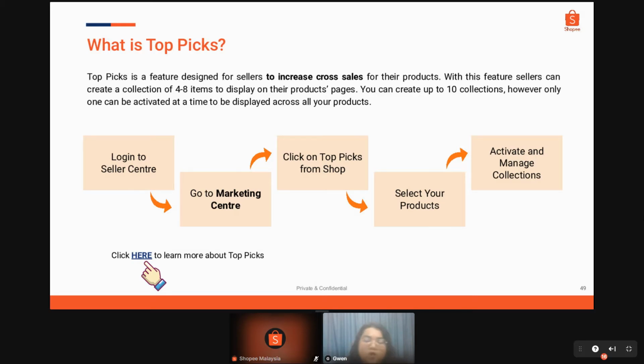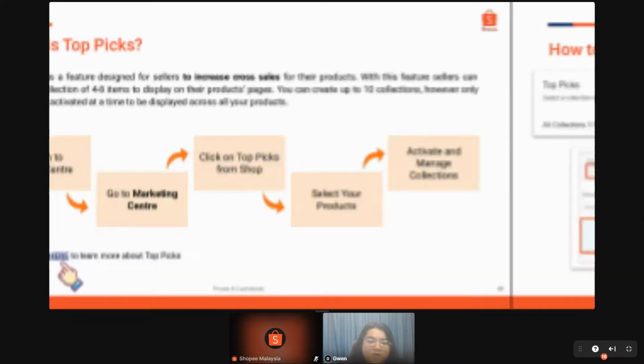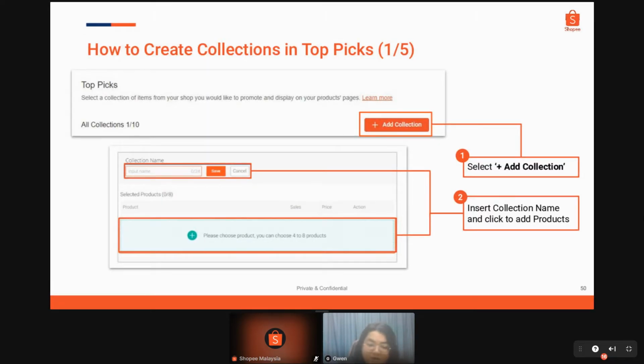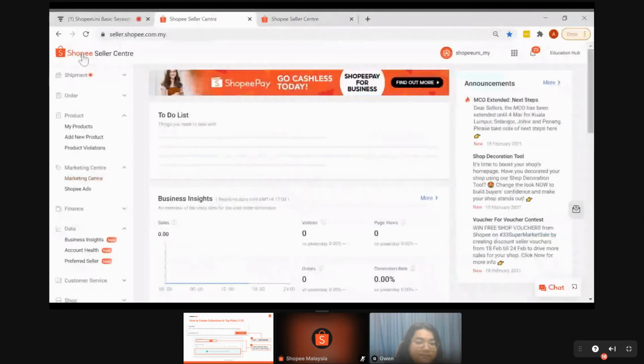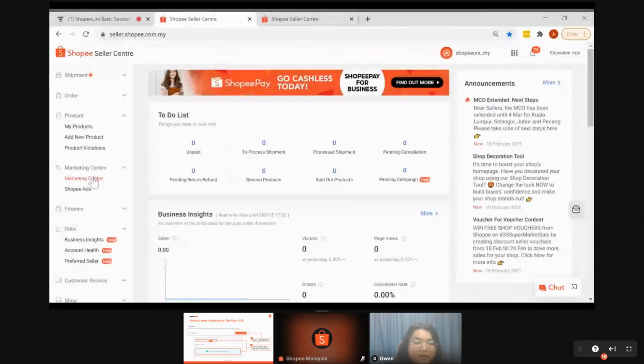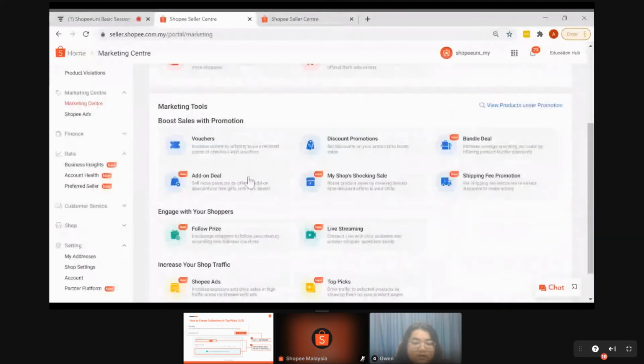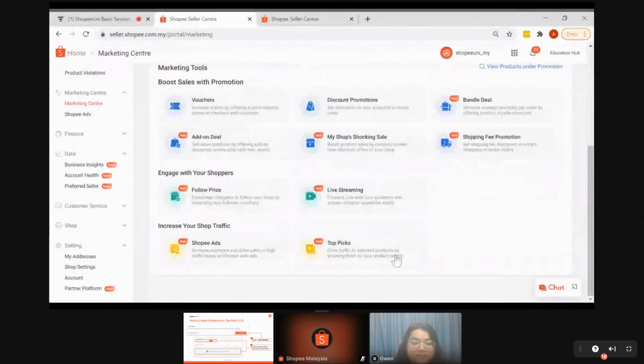So how to create the top pick is you go to the seller center, same, click the marketing center, then click the top pick, then select the product and activate it. So same, I will show you the live demo step by step on how to create the top pick. So same, you go to the Shopee Seller Center, then click the Marketing Center, then select the top pick,